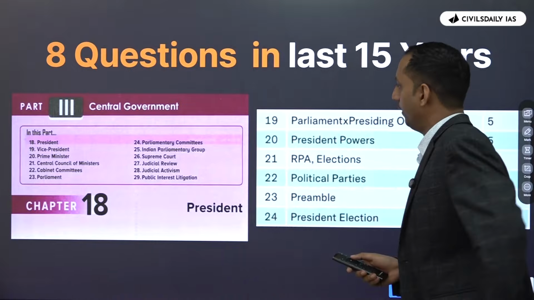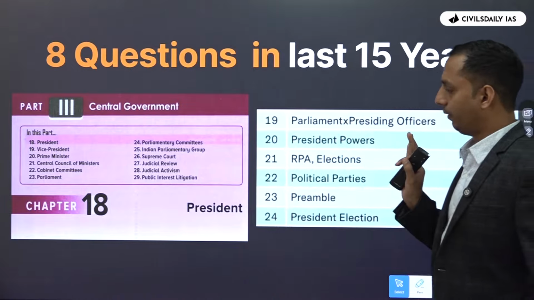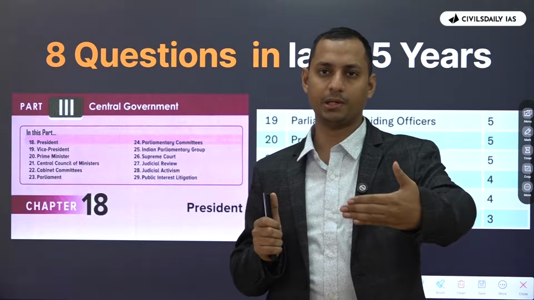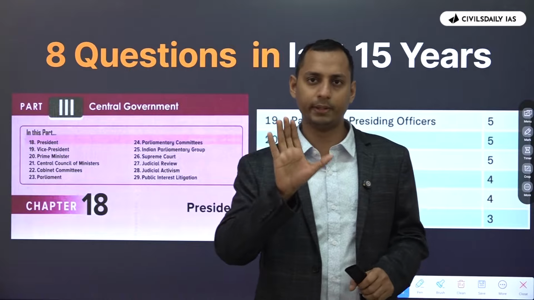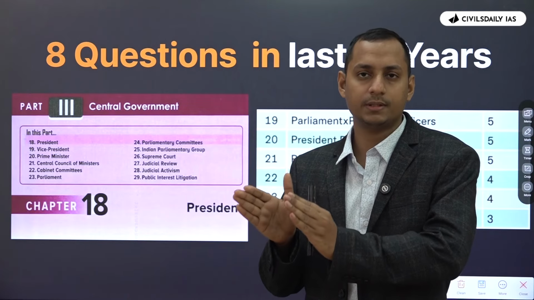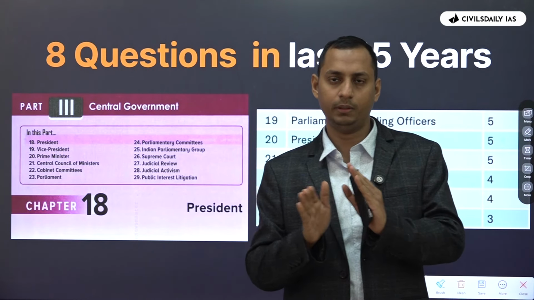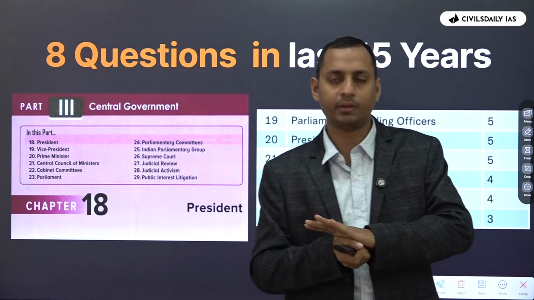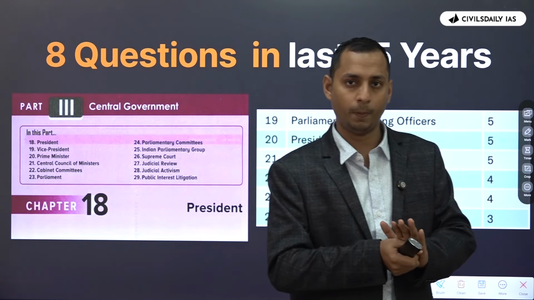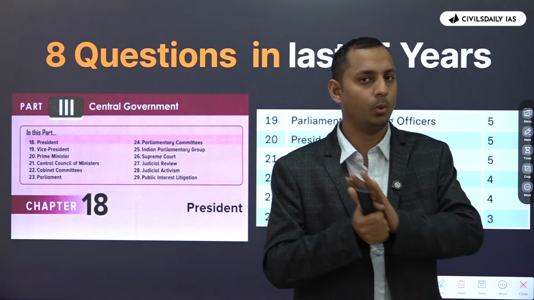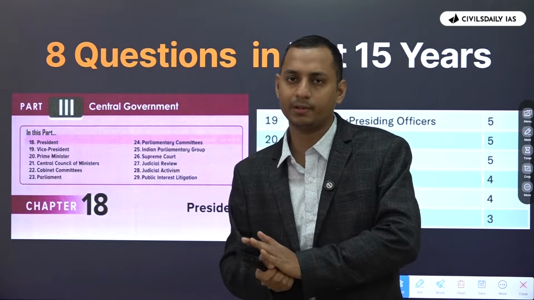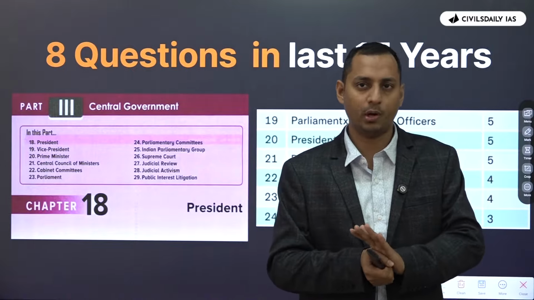So moving on to the next topic here, central government. Now let me tell you, I'm going to take it in a chronological manner, right? But when you read the same, after you read the central government, you need to read the state government along with it. Okay. So after reading president, what do you need to do? You should not be reading the vice president, rather you should be reading the governor. After you read the prime minister, you go and read the chief minister. After you read the central council of ministers, you go and read the state council of ministers. This is the way you have to do.